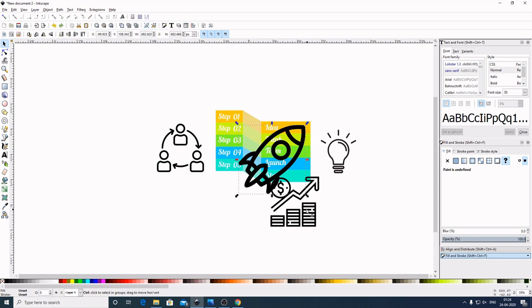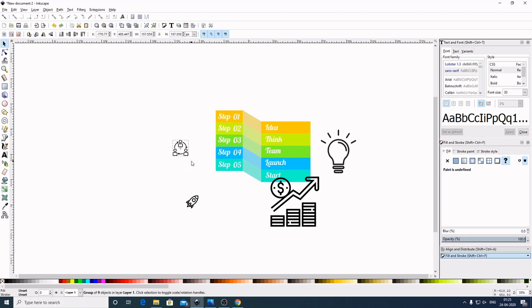Now by holding Ctrl and Shift in the keyboard, I will drag this inward to make it smaller. Also to this one, select this. Now by holding Ctrl and Shift in the keyboard, make it smaller and place it here to the team. I will make it more smaller. Maybe that far is good. Select it here.